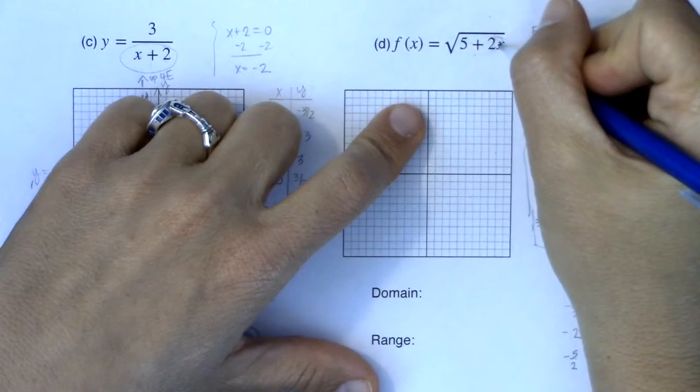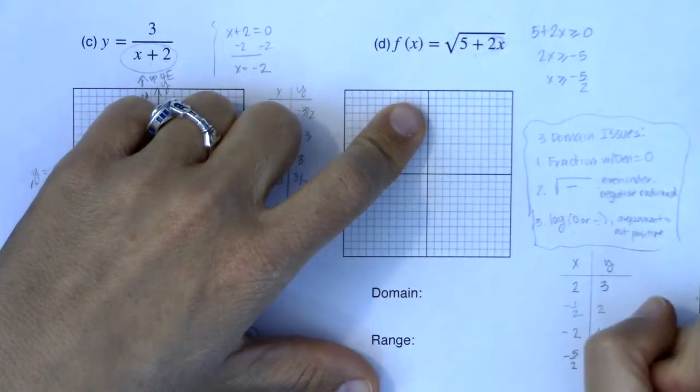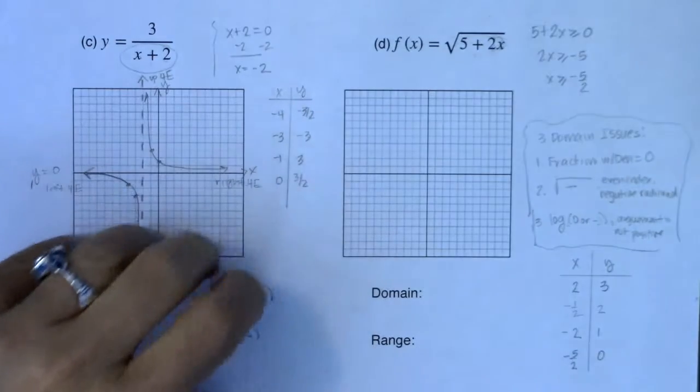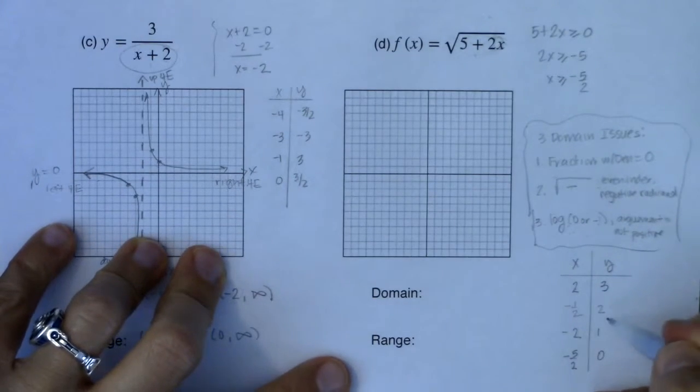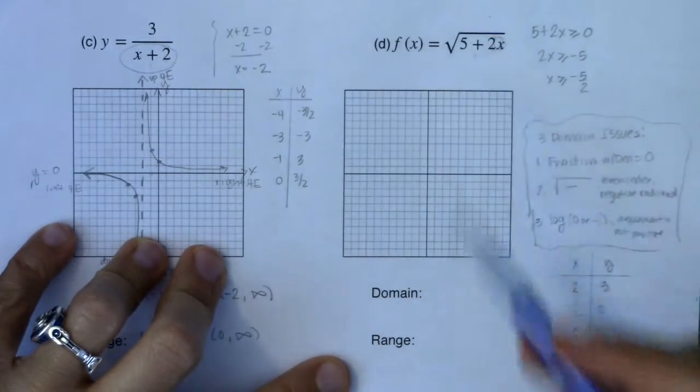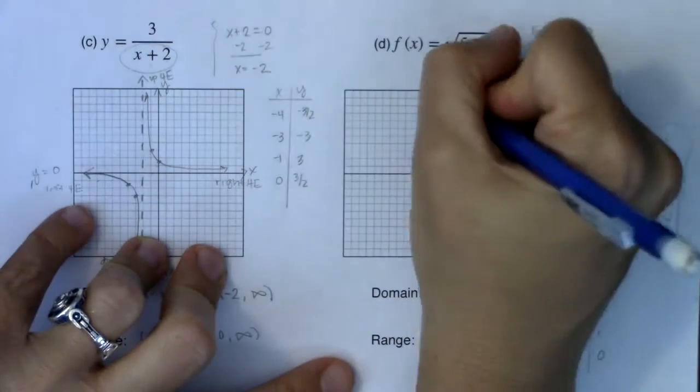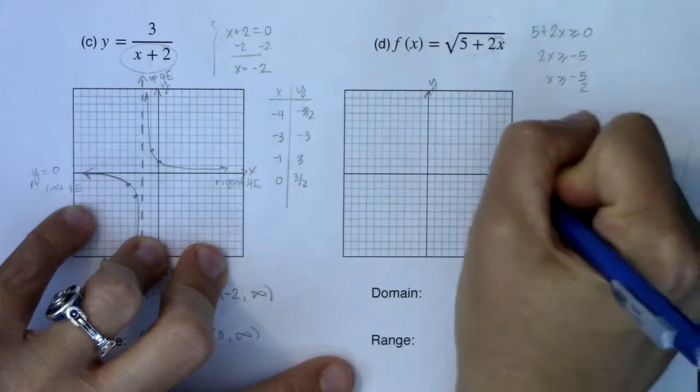5 minus 5 is 0. Square root is 0, 0. So I picked these numbers specifically so that I could get nice integers back out. I wanted to see what would make my radicand a perfect square. So from here,